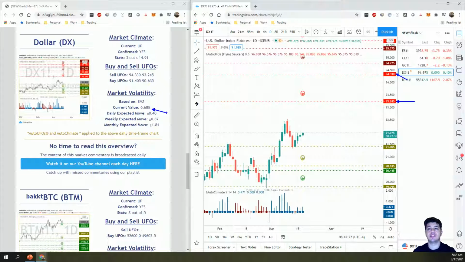6.68, which I feel like is a little lower considering these kind of stronger moves up and down on the dollar. But, here we are. We can't fight the numbers, right? That's what they say. Point 40 has already been done before the market opens. So that should also kind of signal that it might be another